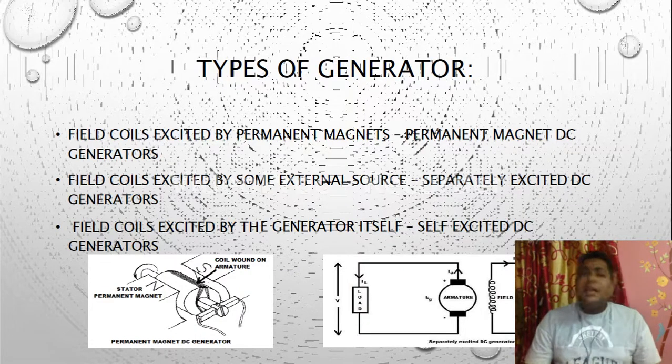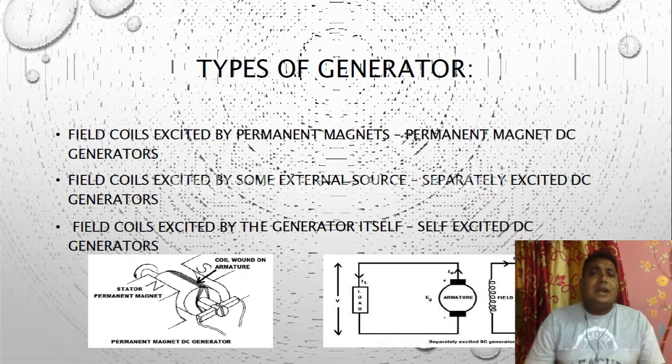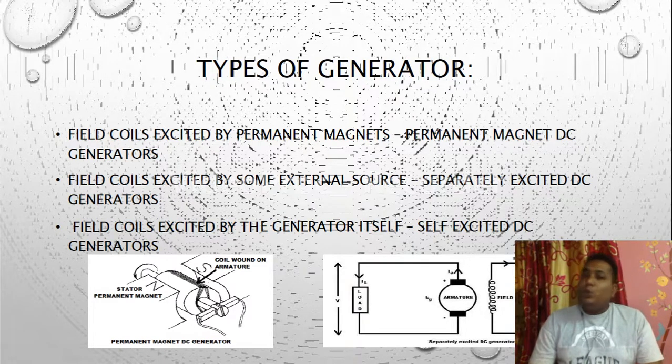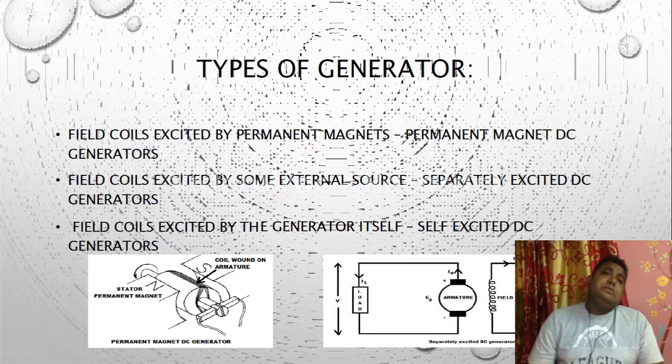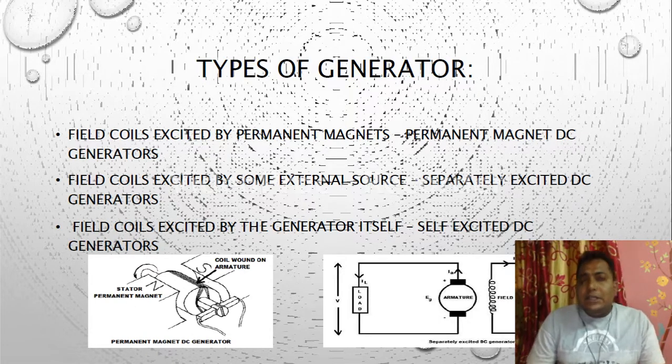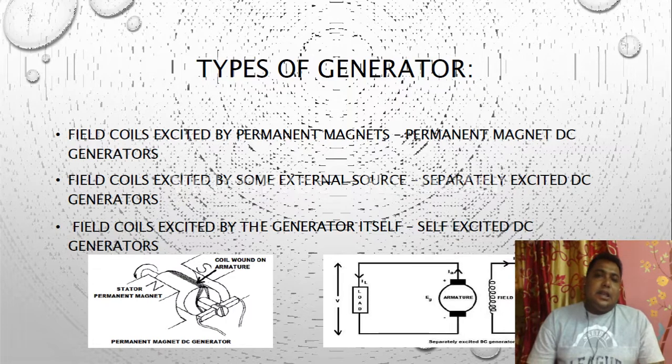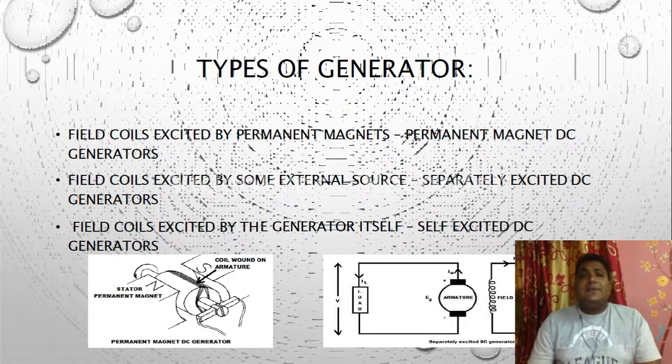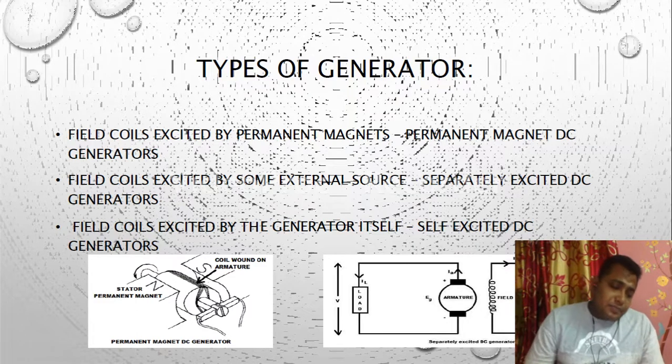As you can think of, in the previous class we have done the constructional part. There we have seen that a DC generator has mainly two parts: one is a stator and one is a rotor. In the stator we have the magnetic poles. Over the magnetic poles we have the winding known as the field winding, and over the rotor we have an armature slot. In the armature slot we have another winding known as the armature winding. These are the two types of winding we have in a DC generator or motor. In both cases the same windings are there, field winding and armature winding.